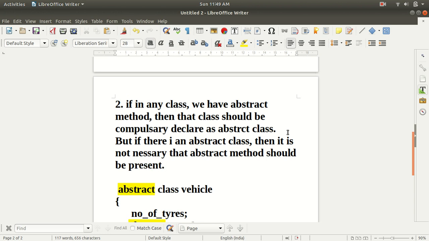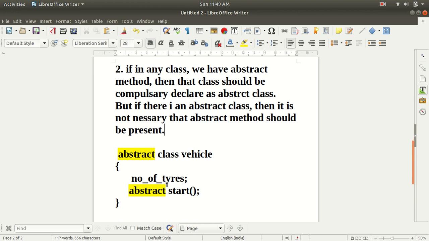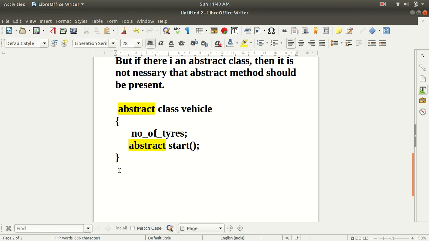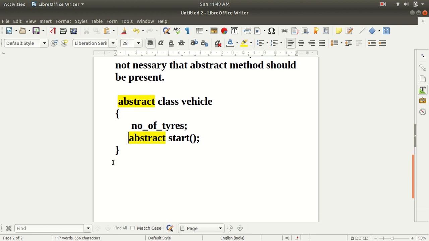If we are declaring a class as abstract, it is not necessary that it should contain an abstract method also. So the abstract class is possible without having any abstract method, but an abstract method is not possible without writing that class as an abstract. I hope you understand these 2 points of abstraction with the help of abstract class and abstract method.